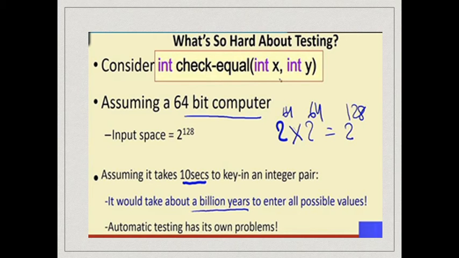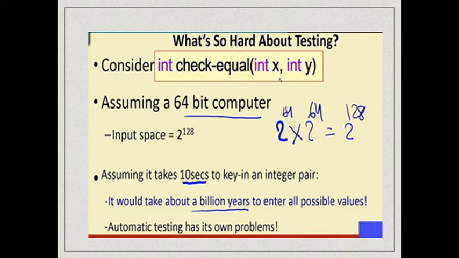But then we are not looking at the internals, we are just doing black box testing. So what we will do is check whether this function works well for the possible combinations of the input data. Now let's say we are using a 64-bit computer. In a 64-bit computer, each integer is represented using 64 bits, and therefore 2 to the power 64 inputs are possible for the first parameter.